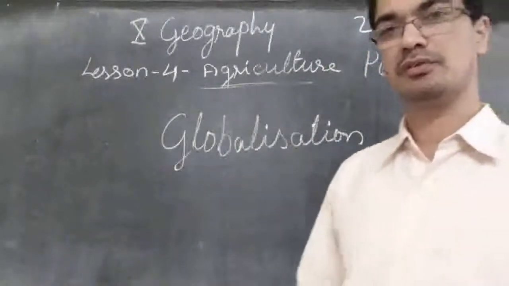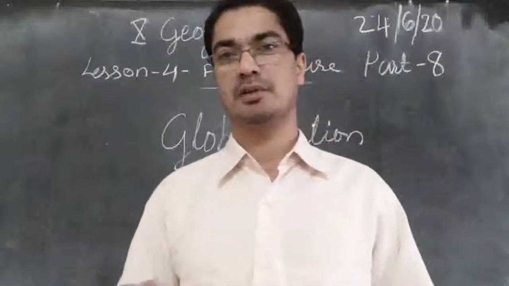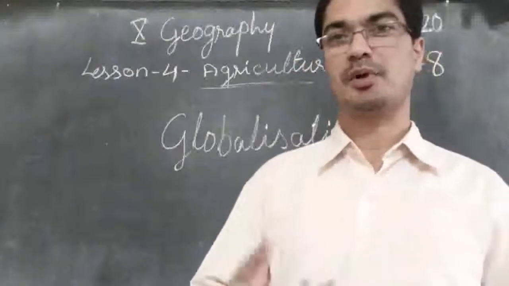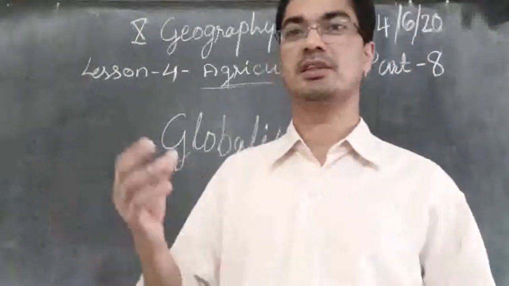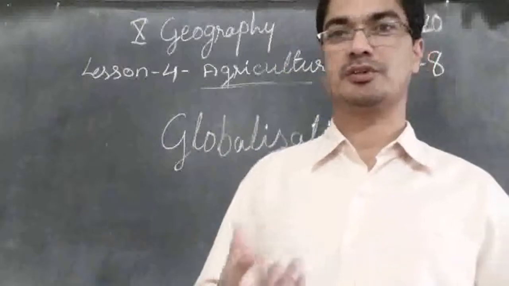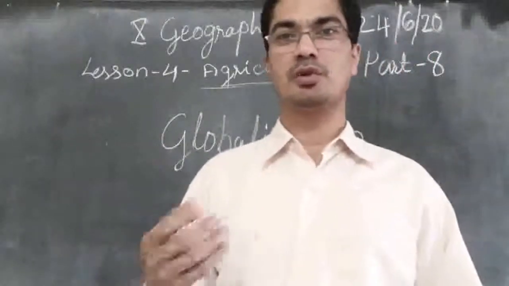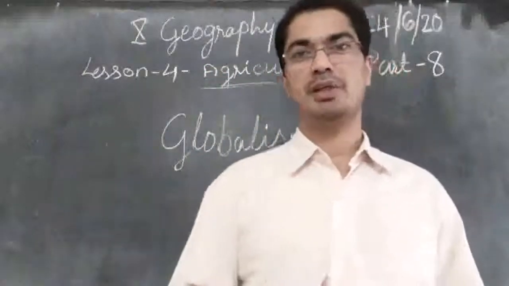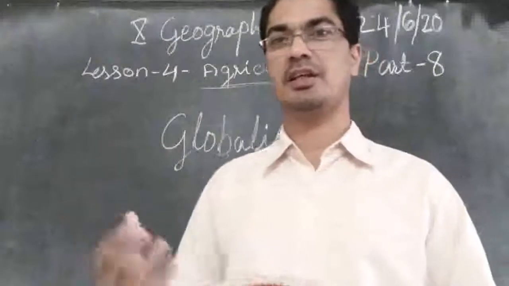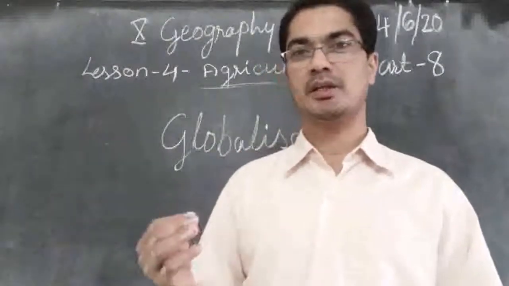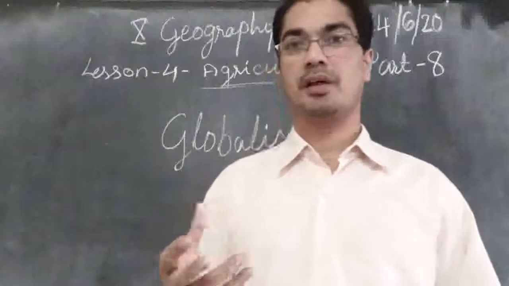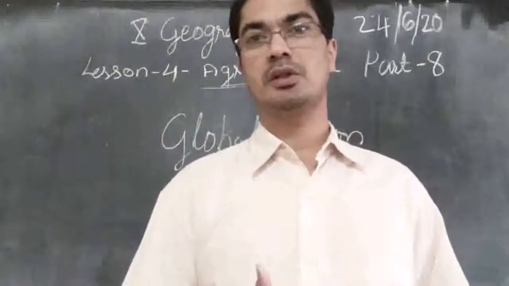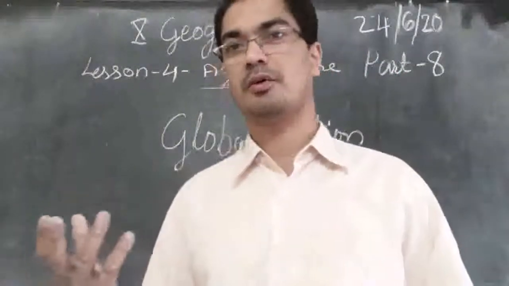We said the example of foreigners coming to India because they were attracted by the spices that are available in India, and the spices were exported to their countries, and still they go on coming to India to search for spices, to buy spices. And we saw the example of the British. They were taking the cotton from India in order to support the textile industry in England, in Manchester and Liverpool. These two places were flourishing with textile industries because they were getting good quality cotton raw material from India,